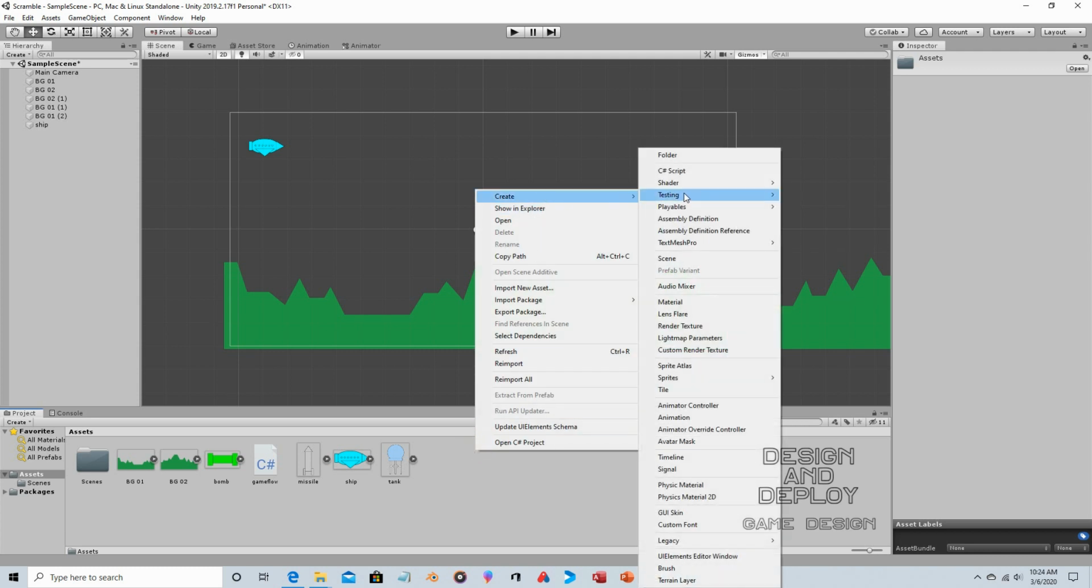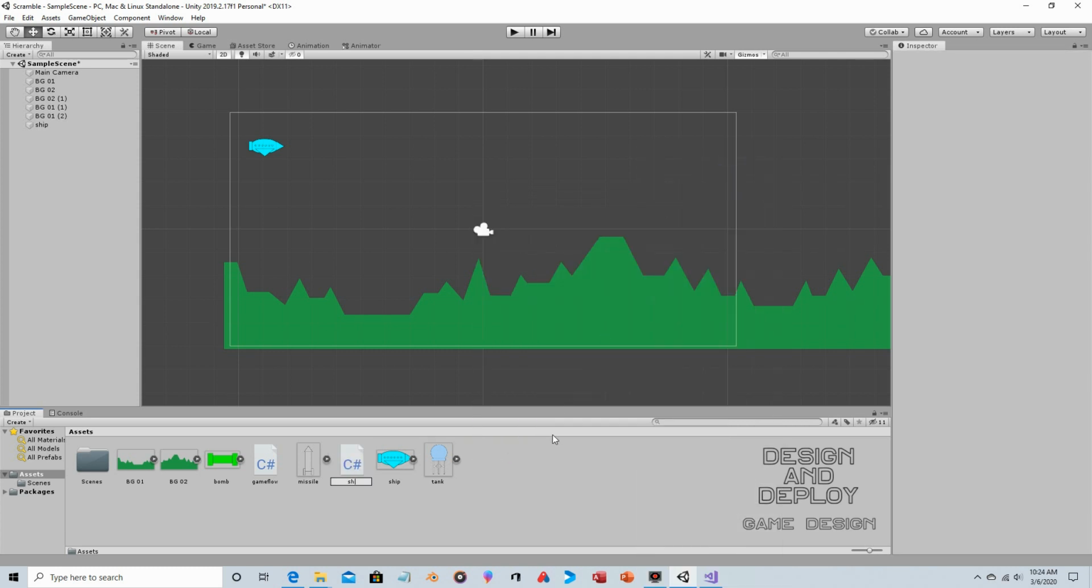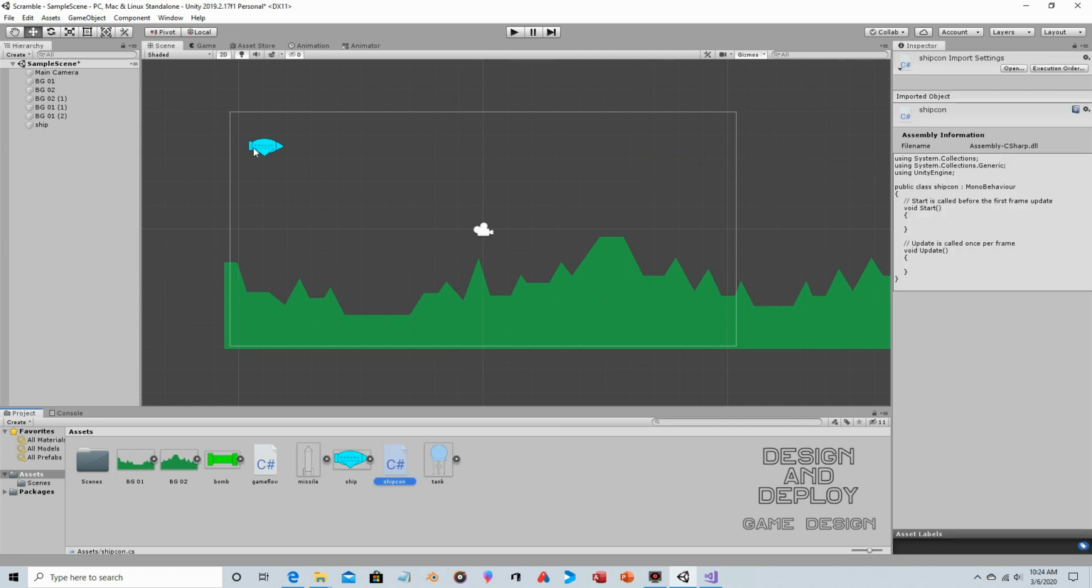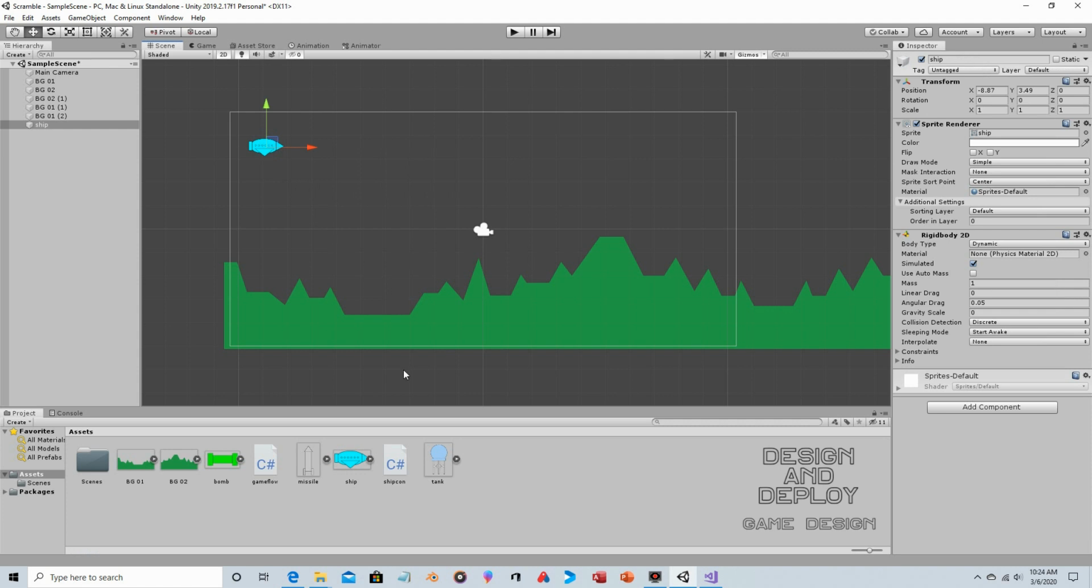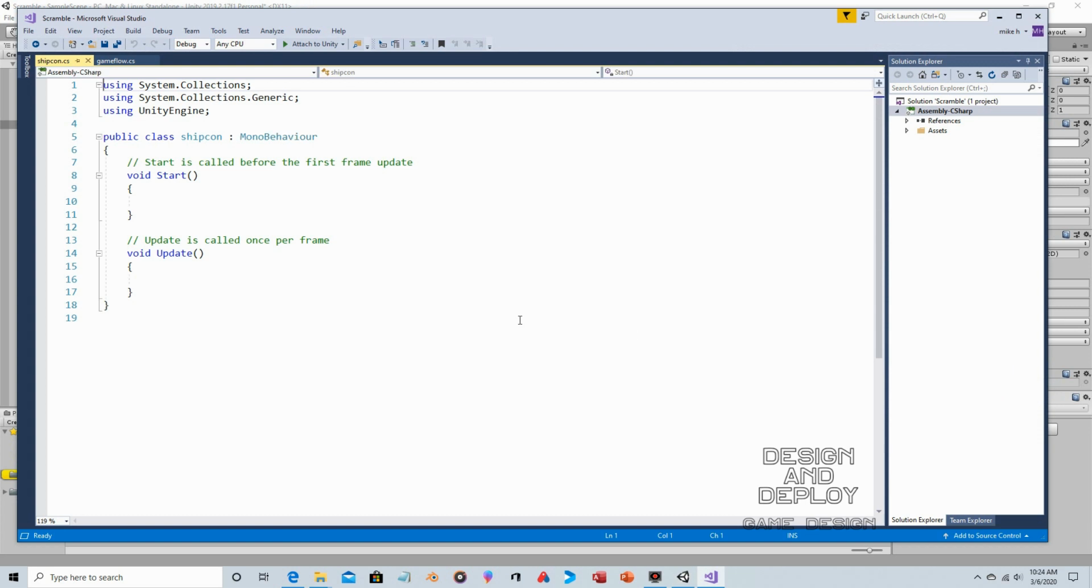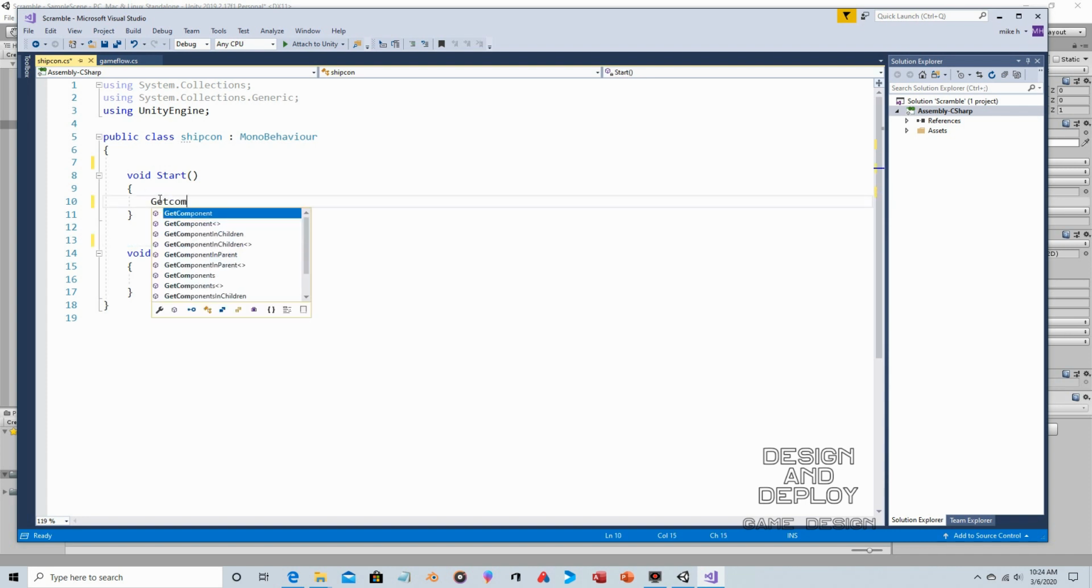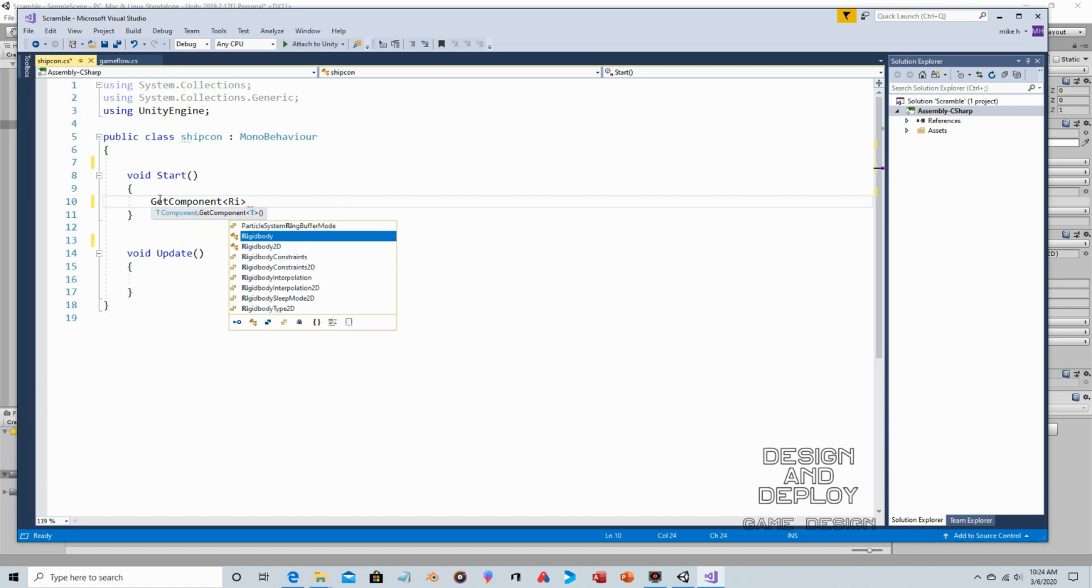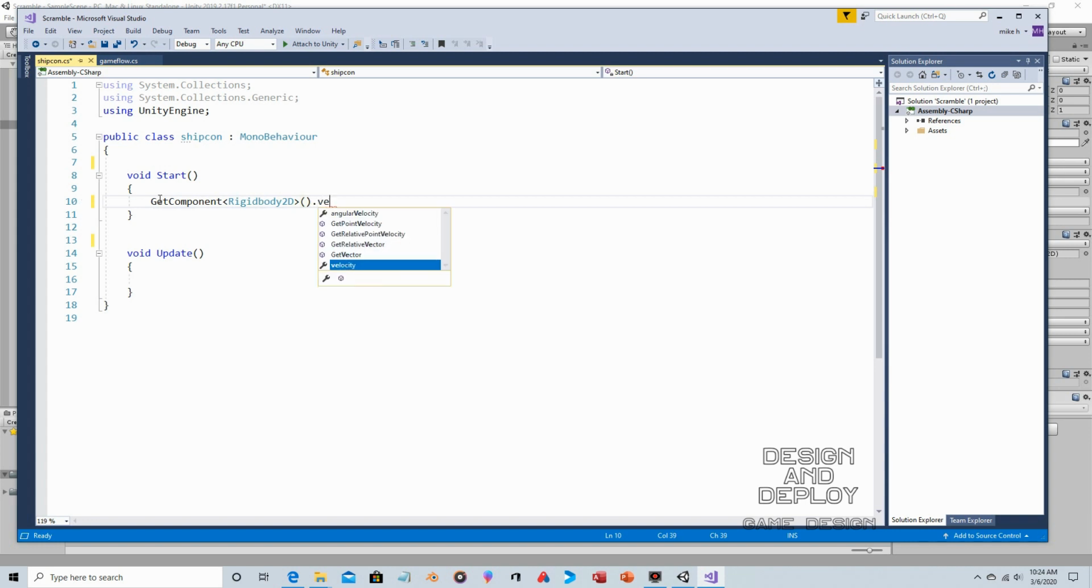It too needs a script telling it at what speed to move. So right-click, create C#, and we'll call this ship con because it's going to control the ship. You can call it whatever you want, player control. So we drag and drop the ship con script. We're going to open that up. Again, we're going to get rid of the remark statements. And in the start section, we're going to put in get component, rigid body 2D, again, we're changing the velocity,